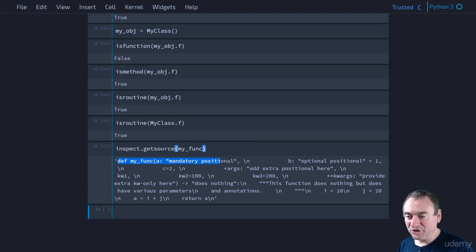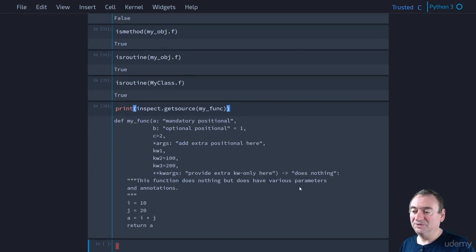We have the function header with the annotations. You have the docstring over here. You've got your new lines. You've got your lines of code, i equals 10, j equals 20. If you want, we can make it look a little nicer by just putting a print in front. Let's actually print it out. And here we go, right? We have our